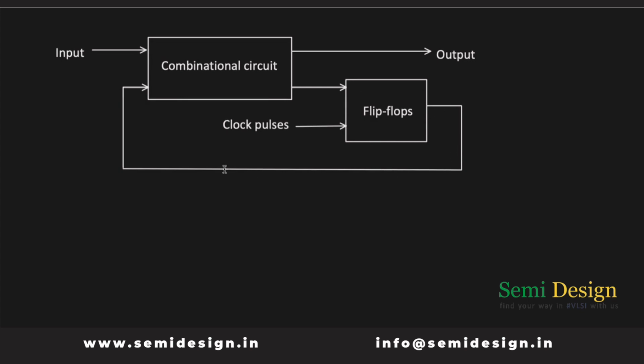This output becomes the input of the combinational circuit, and it will affect the output of the combinational circuit, which is then provided to the sequential circuit. So similarly, it will affect the input over here. Now, to understand the practical difference, like how flip-flops and latches are used here, we will see that